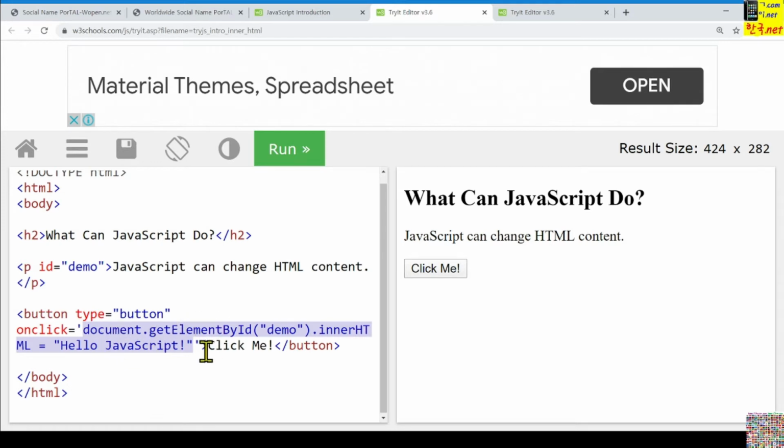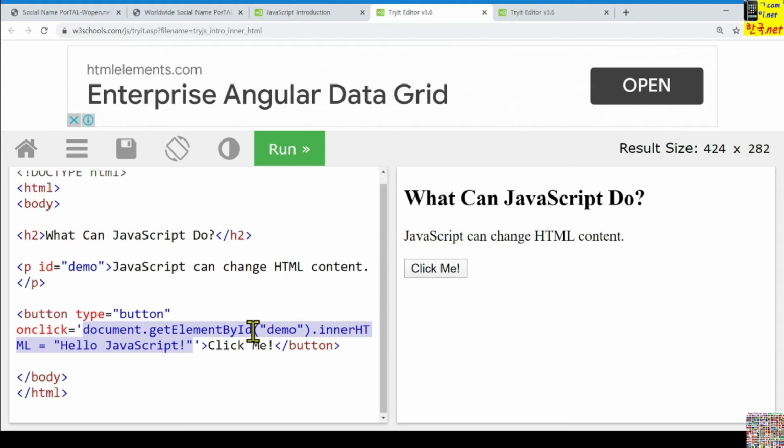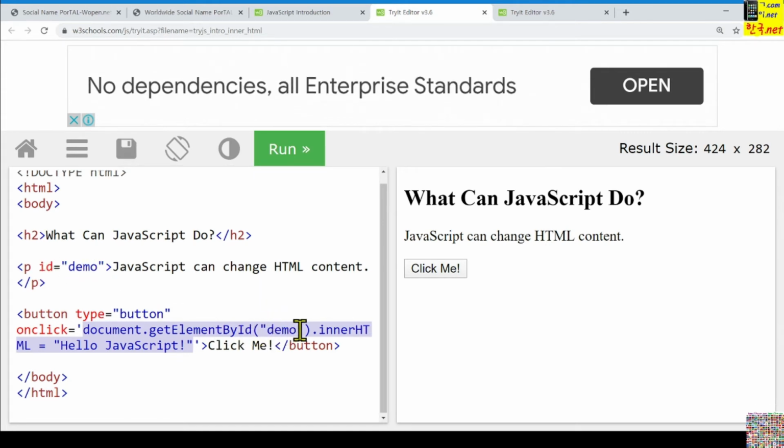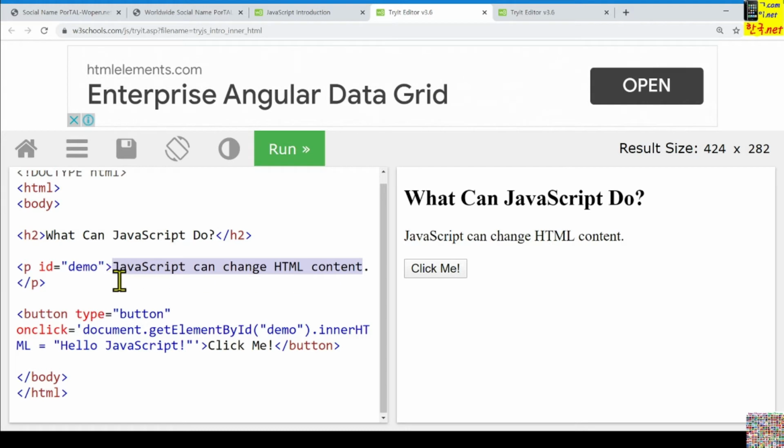Then this JavaScript statement is composed of this object name document and some method to get some element whose ID name is demo here, and this innerHTML is the contents related to that element.